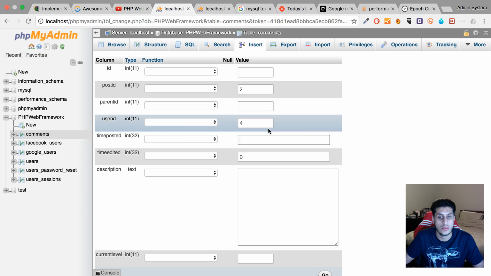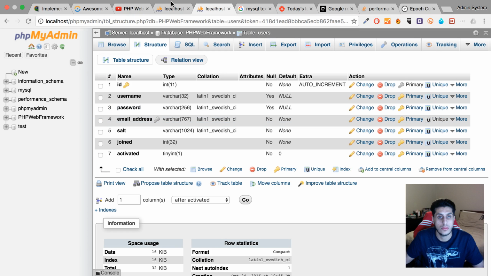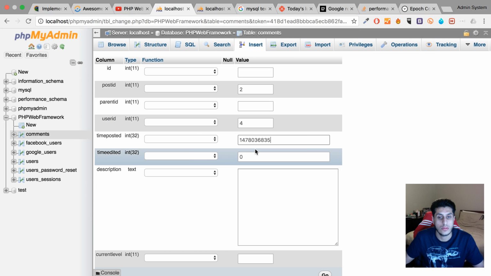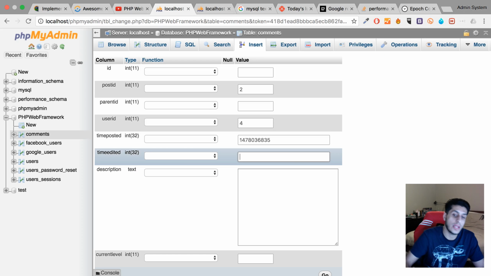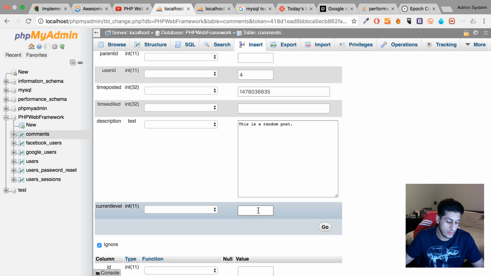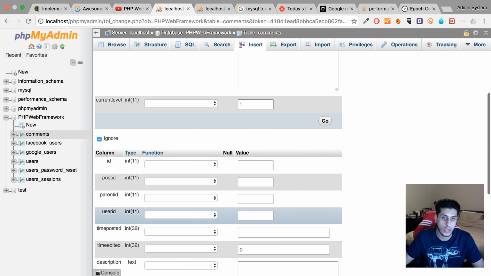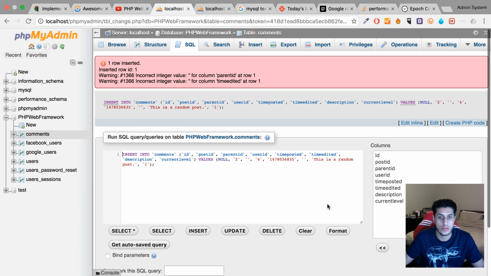So time edited, I'm gonna leave that blank for now. For the description, this is a random post. Current level is 1, and if we were to click go,